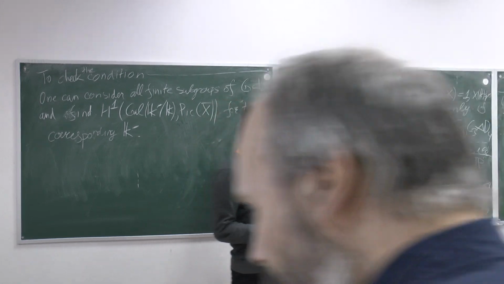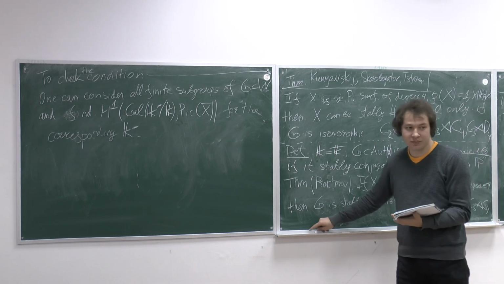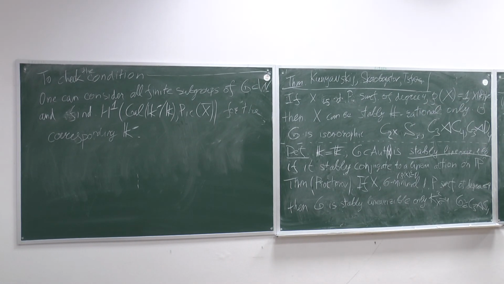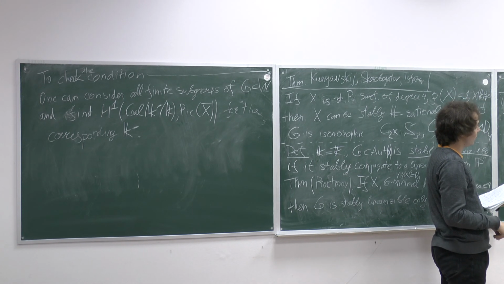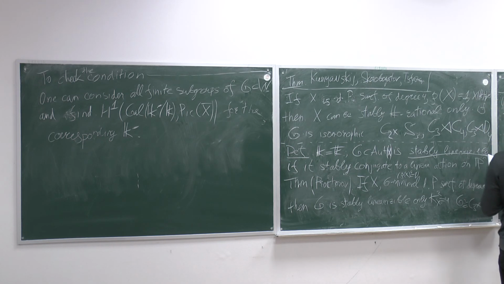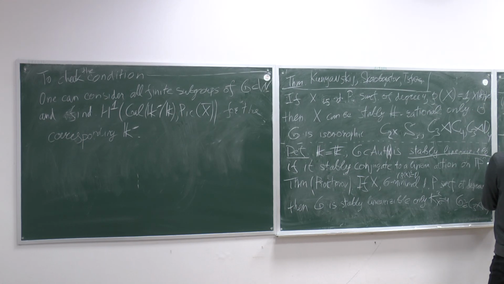The method of proving this theorem was direct computation using Magma. And our method of proving the same result is the G-equivariant minimal model program. Let's start. What's the idea? We have the result that says that if G is cyclic and X is minimal, then X should be not stably rational. How can we reformulate this fact in terms of the